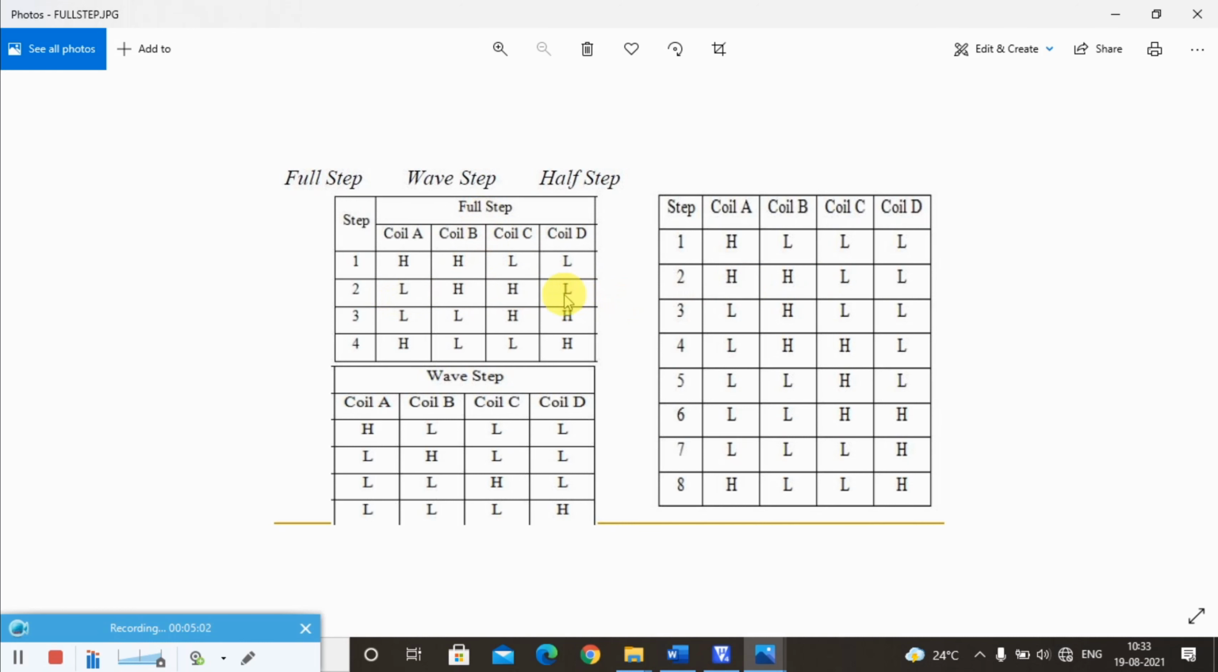In programming, what we do means we will take the inverse of those numbers. Inverse of those numbers means the 1 will become 0 and 0 will become 1. So in that fashion we have to write our program. But this is the basic principle which you need to know in how the stepper motor works in